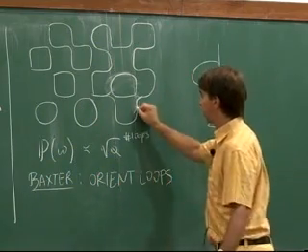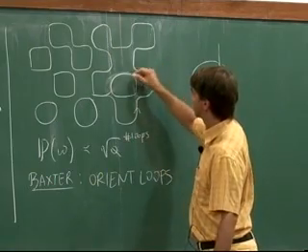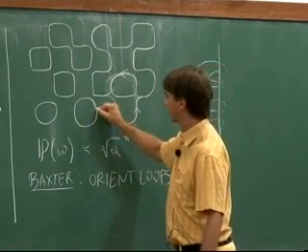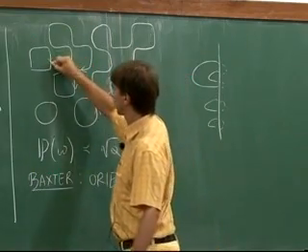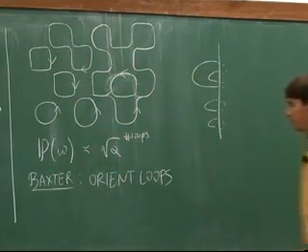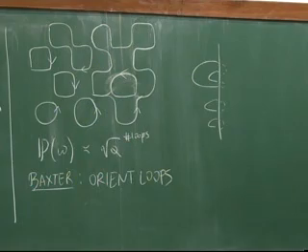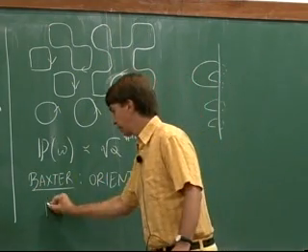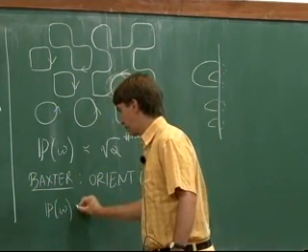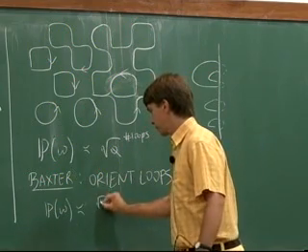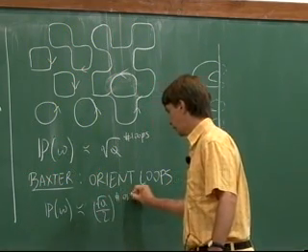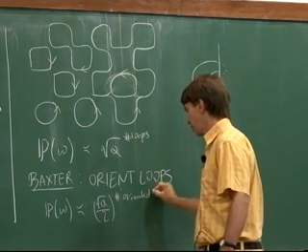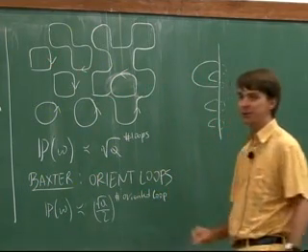So we just randomly orient loops. Well, and then the probability of configuration is square root of q over 2 to the power number of oriented loops. Well, that's not of any help because it's not local either, but